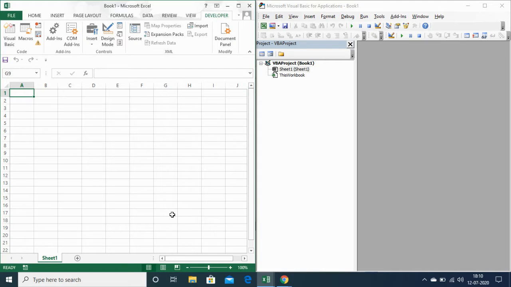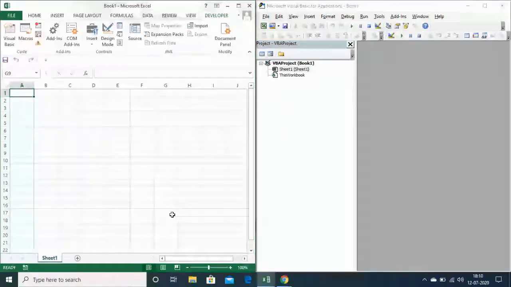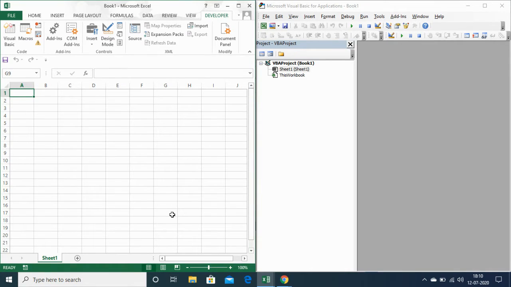Hello everyone. In this video, I will be discussing the range object, which is the representation of cell or cells in your workbook. This is the most important object of Excel VBA. Here I will discuss different ways of giving range, selection function, clear function, and count property of range. For that, first let me insert the module